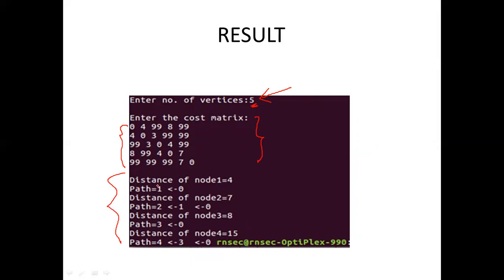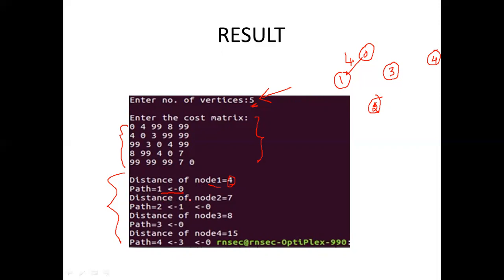What is it indicating? Now you can observe the distance of node 1 is 4. That means from the 0th node to the first node. If I take the graph, this is the graph with 0, 1, 3 and 2, and there is a 4th node as well. So the distance from 0 to 1 is 4. This is the shortest path. That's why it is specifying 0 to the first node, the weight cost is 4, the minimum distance is 4, and it has to be followed like this, 0 to 1 only. It should not follow 0 to 3, 3 to 2 and 2 to 1. That is not the shortest path. This is the shortest path.